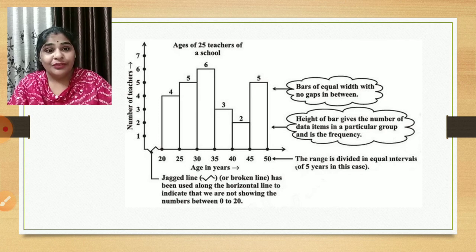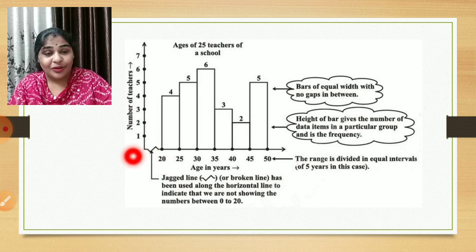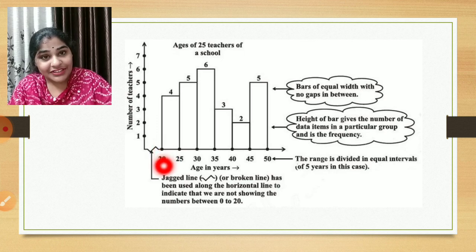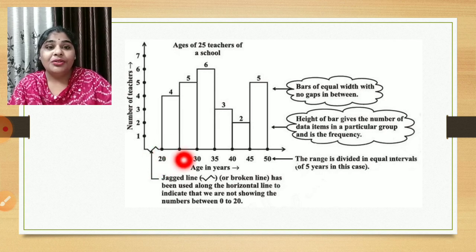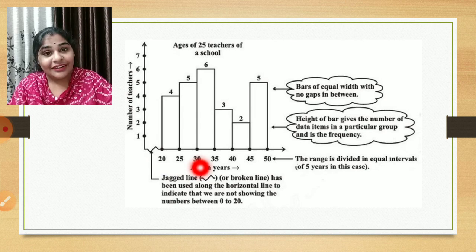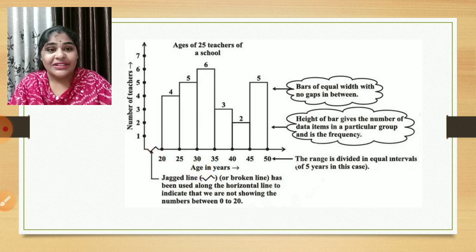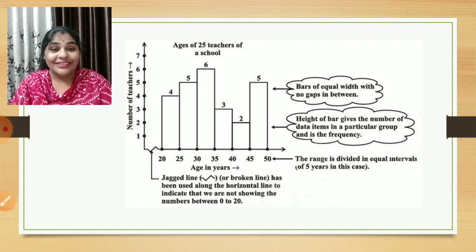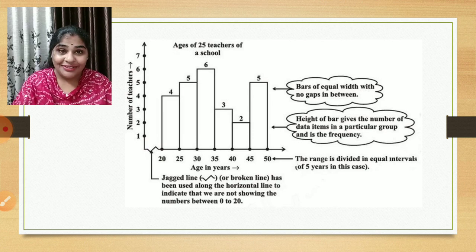So what we will do, we will give a broken line here on the x-axis from one gap, that is from 0 to whatever the next range we are taking, and directly now here you can start with whatever is your class interval, that is 100, in the example I have taken now. So 100 to 200, 200 to 300, like that. So this broken line means that we are not showing the data between 0 to 100. In this case, we are not showing data between 0 to 20. Okay, so this is the thing.